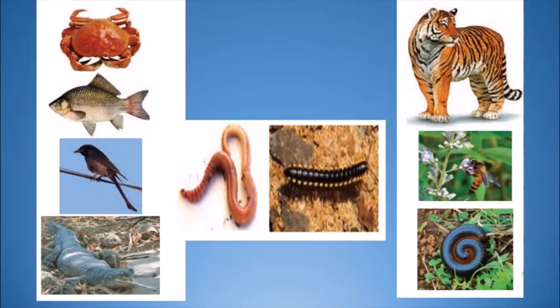So children, we know that there is great diversity in living things, and this diversity exists on the earth. In order to identify them so that we can study them properly, we should know their characteristics, and that is why we have divided them according to a system, based on whatever characteristics they have. So we have given them a systematic classification, and for this reason classification is necessary so that we can know how many different types of organisms exist on the earth. We can study them properly.